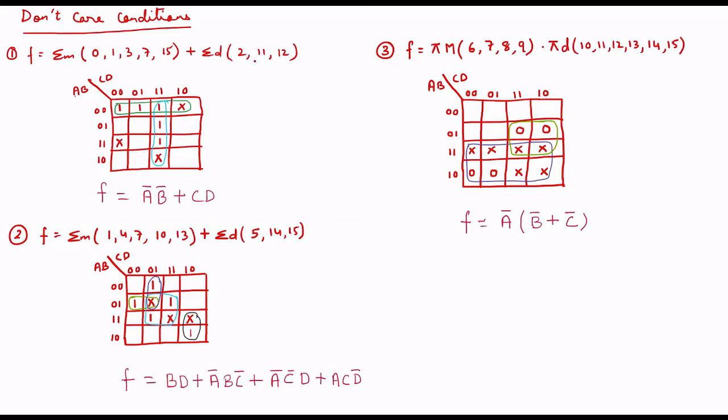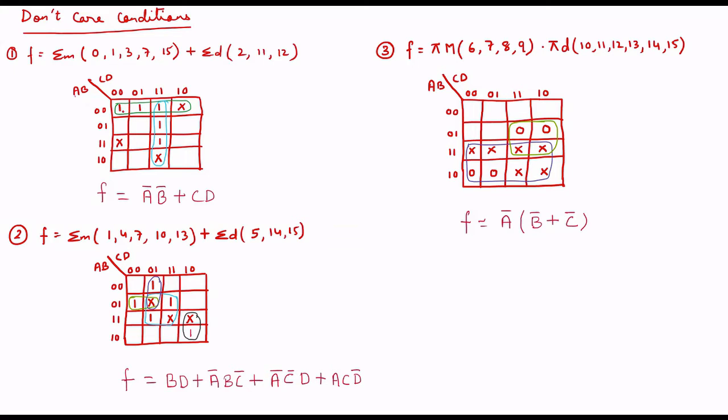Now it's not mandatory to take all the don't cares. The point is that you should consume all the ones and the rule should be followed: octet, quad, pair and single. In order to form an octet, quad, pair or single, if you need some don't care, you can include the don't care. In this case these boxes are kept empty just so as not to confuse you. In the examination you will put these boxes as 0. Don't keep them empty, right?